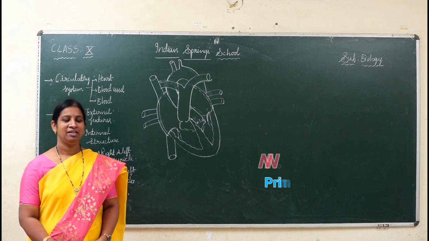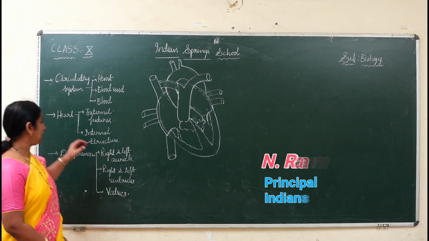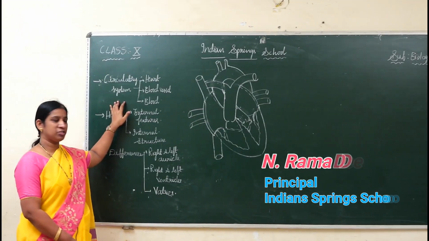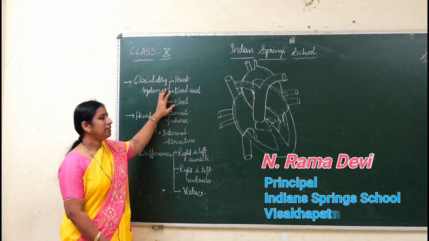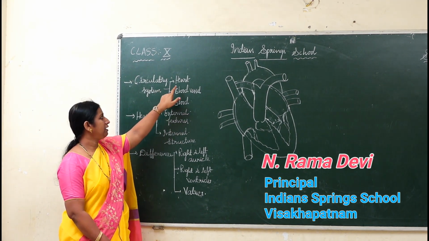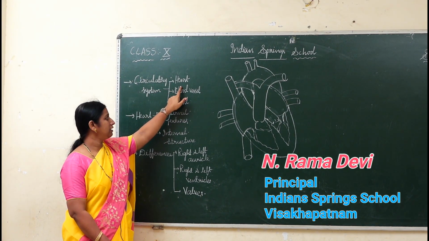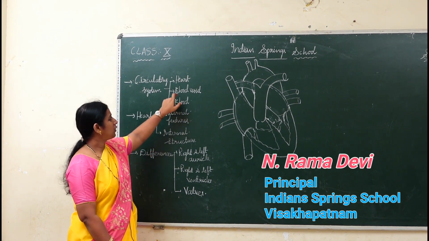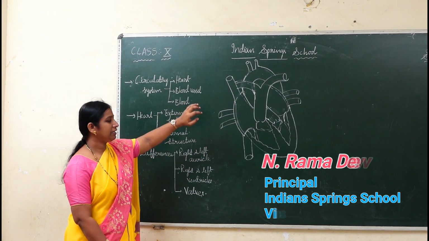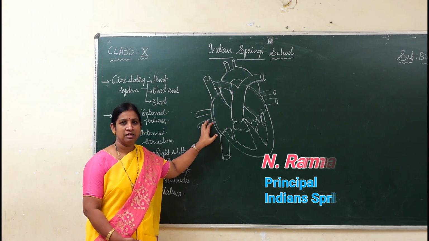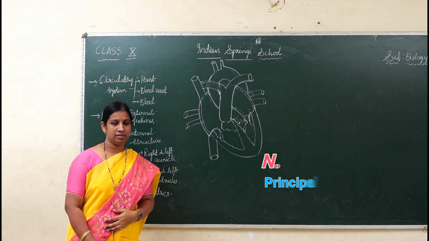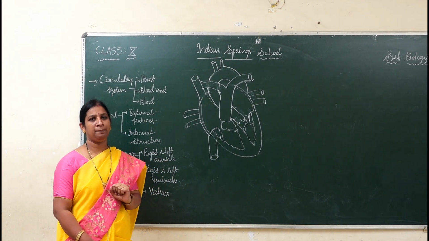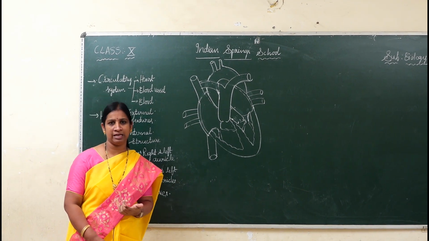Good morning children. In the last class we discussed the circulatory system introduction and the parts of the circulatory system. There I explained about the heart. Still we need to discuss blood vessels and blood, right. In the heart, I explained in the last class how the heart was divided into 4 chambers with the help of septae. It is just a recap.